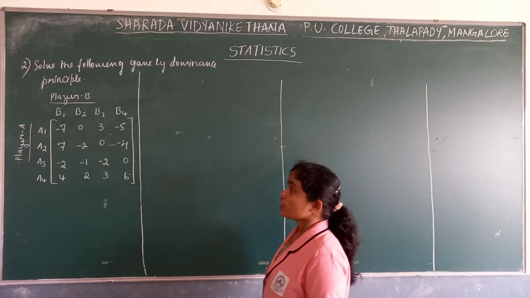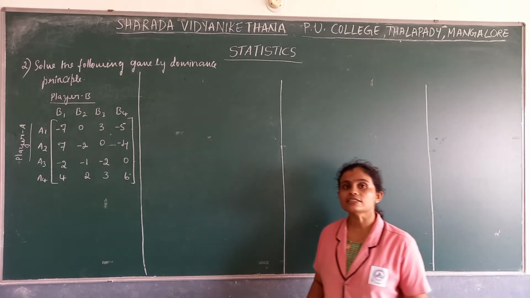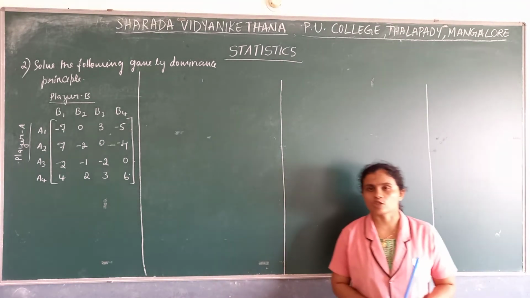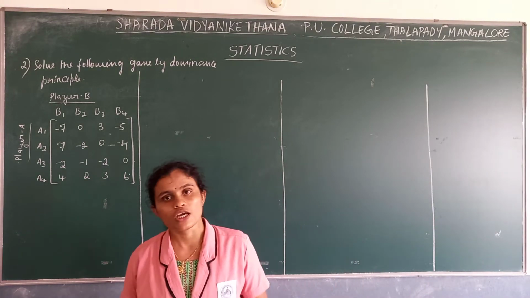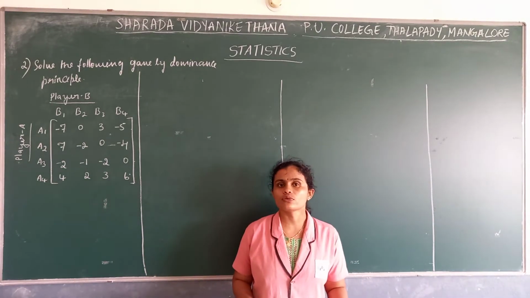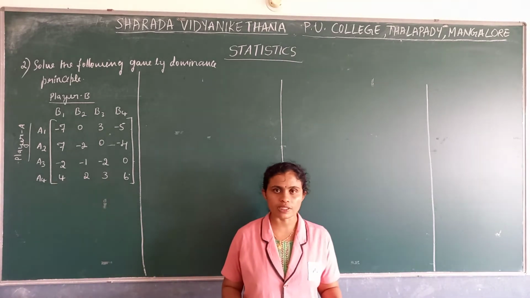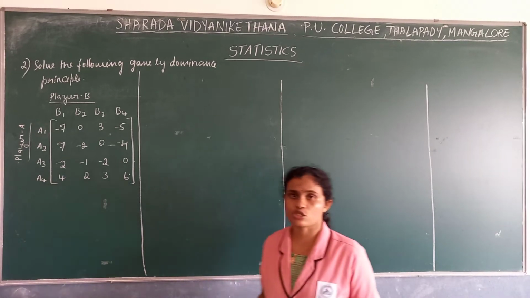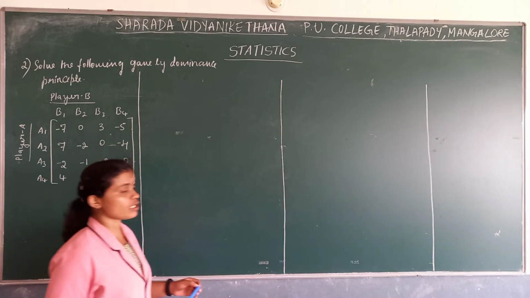Namaste students. Now we are in the second method in case of game theory, that is the dominance principle. Yesterday we solved one problem under the dominance principle. I know that you might not be clear about that concept, but you will be clear, don't worry. If you go through 6 to 7 problems, you will be very clear about this. It is easy, it is not so difficult. Now we'll solve some other problems in today's session.